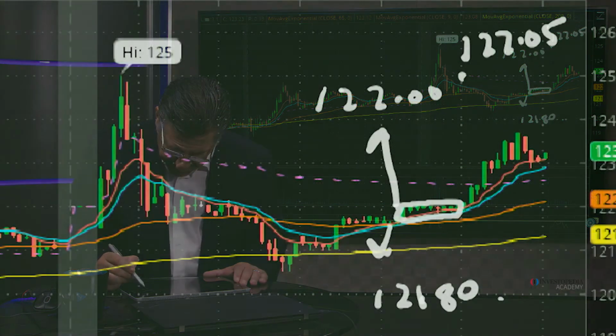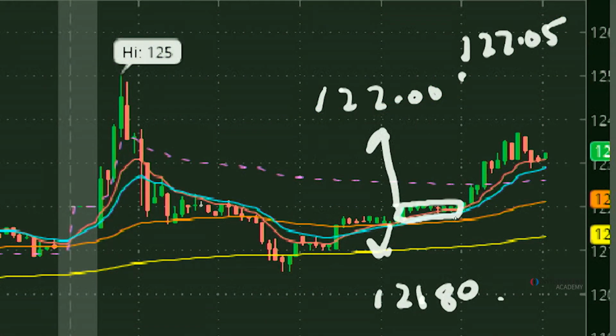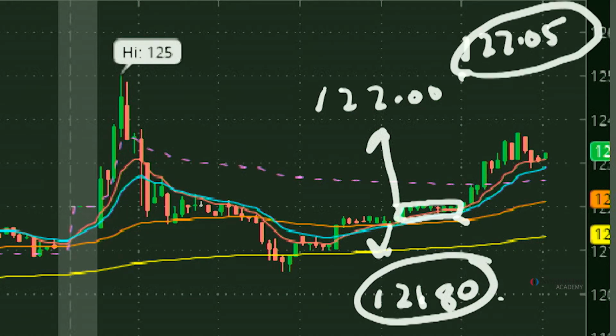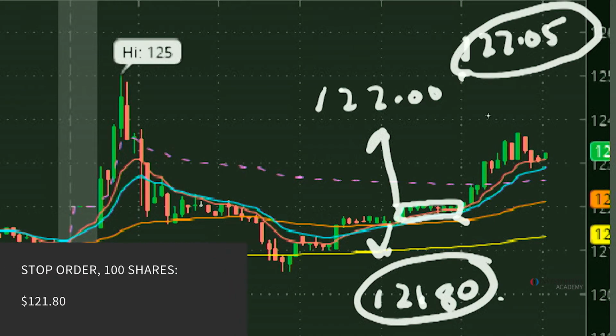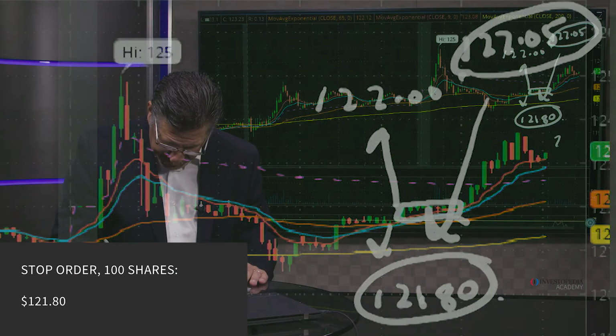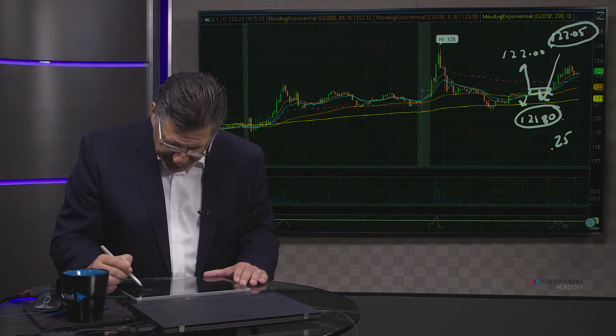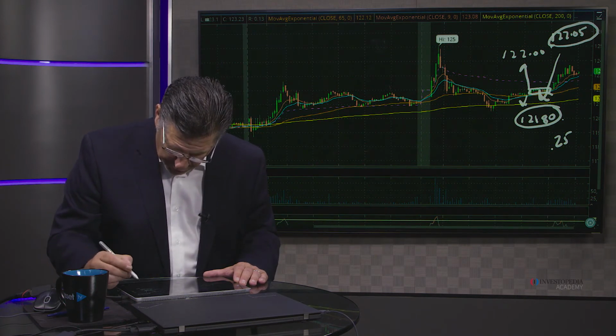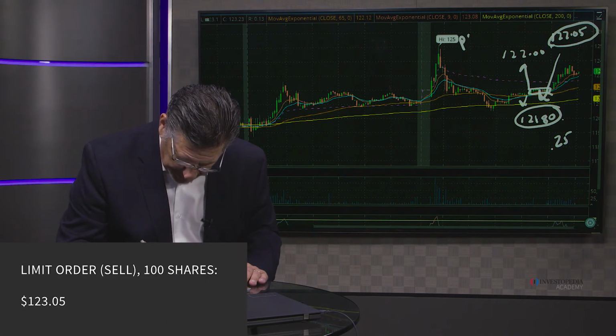And here's how we place our stop order. Very simple. On a base trade, more often than not, we're going to risk less than 50 cents. We simply take the bottom of the base right here at 121.80. After we entered at 122.05, that is going to be our stop order. We are only risking 25 cents on this trade. Very low risk trade. And our profit target, this is a $122 stock, when we're long at 122.05, is going to be